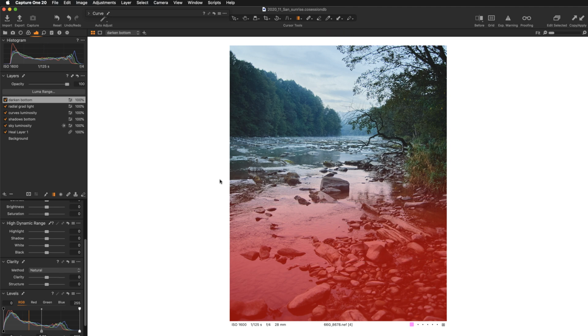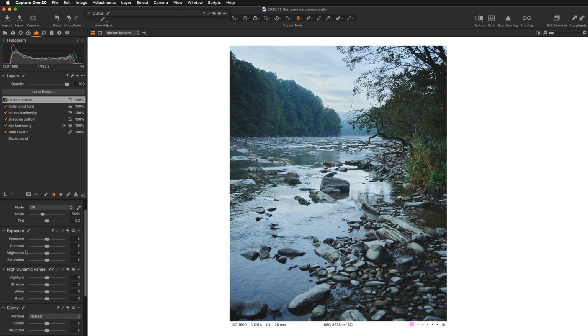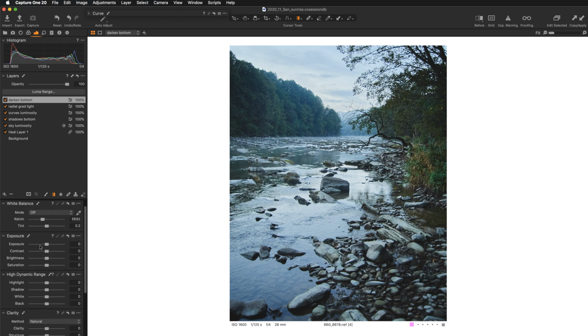Okay, I want to have this gradient very smooth and basically affect just the bottom of the image. So here I want to go for negative exposure. So let's hit M and hide the preview of the mask. Let's go towards the exposure slider, and let's go for a negative value. Nothing really strong. Okay, let's go for maybe something like negative 0.5,